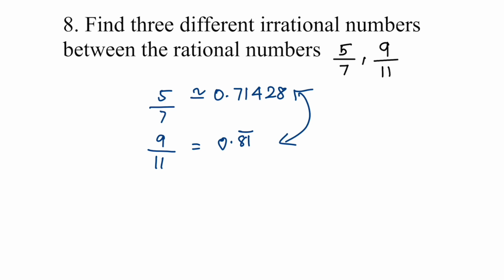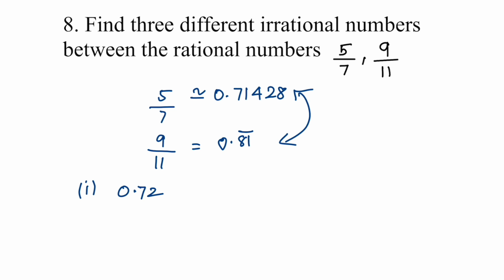Okay, so what can we do? We are just going to find 3 numbers, right? Let the first one start with 0.72. Okay, 0.72. Obviously, it is greater than 0.71428 or whatever the number of digits that come after that, and obviously it's lesser than